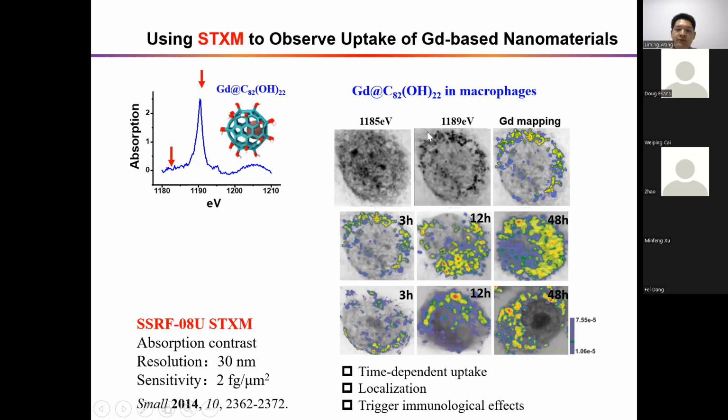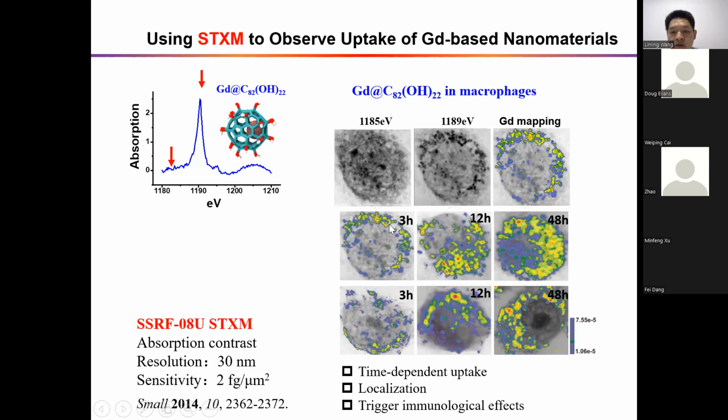So based on these properties, we can image at different energies. Based on the pre-edge and on-edge, we can see different signals for the samples. Then we subtract the signals, we get the